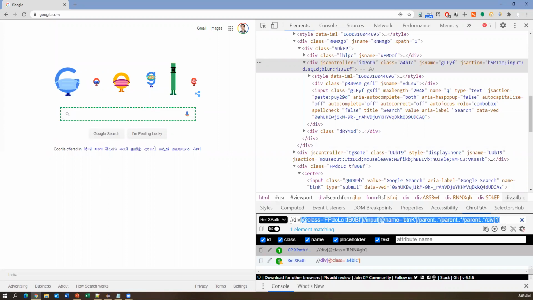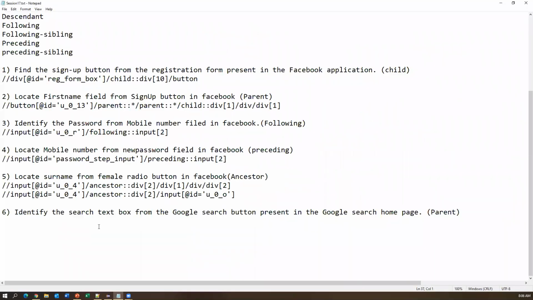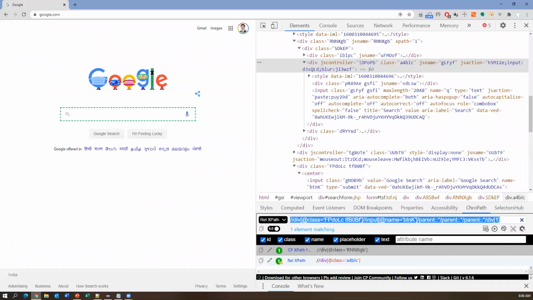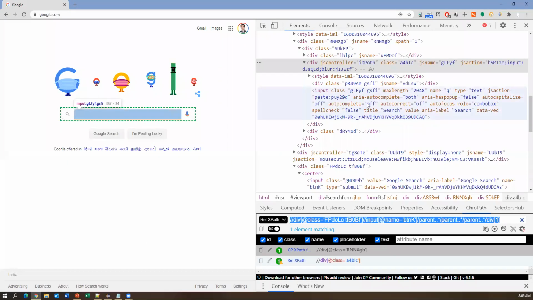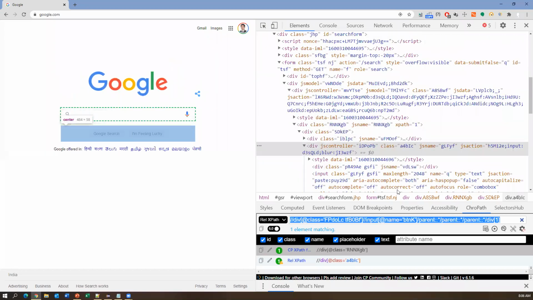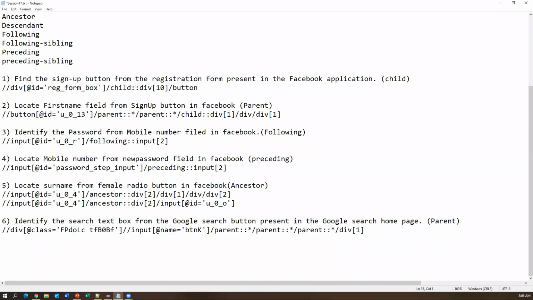So this is a way we can write XPath. Multiple XPath axes we can also use within a single XPath. So this is a complete XPath. The main advantage of XPath axes, guys, is you can navigate to any element from anywhere. Throughout the DOM, you can navigate from anywhere to anywhere, in all the directions, and we can find that element. Okay, so this is one example. And now we'll show you one more example.